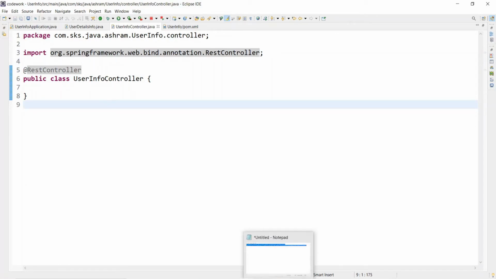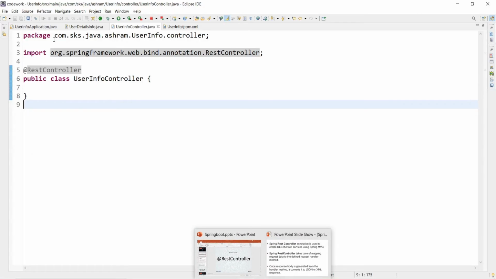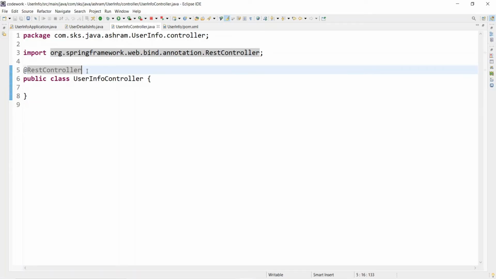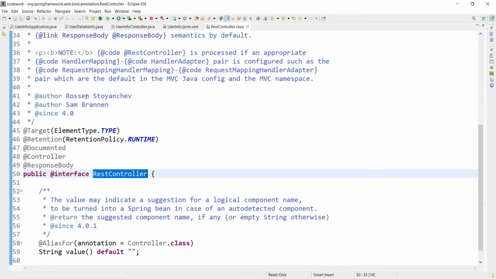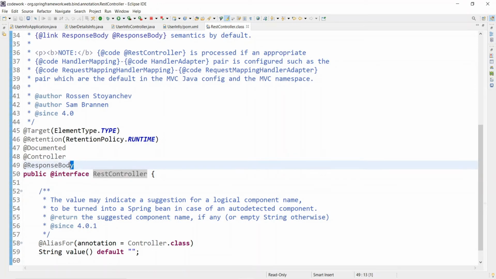So just by adding @RestController, you are making the class a front controller class that will receive all the requests. If you have worked on Spring, you were required to add @Controller and @ResponseBody, but you don't need to add those here. If you go inside @RestController, this is what it has implemented: @Controller and @ResponseBody.